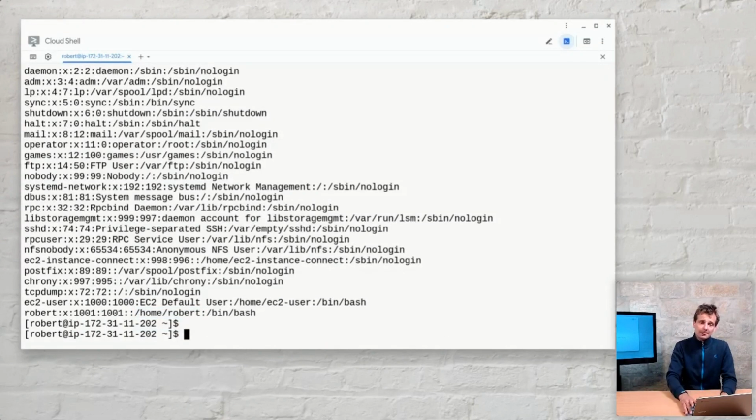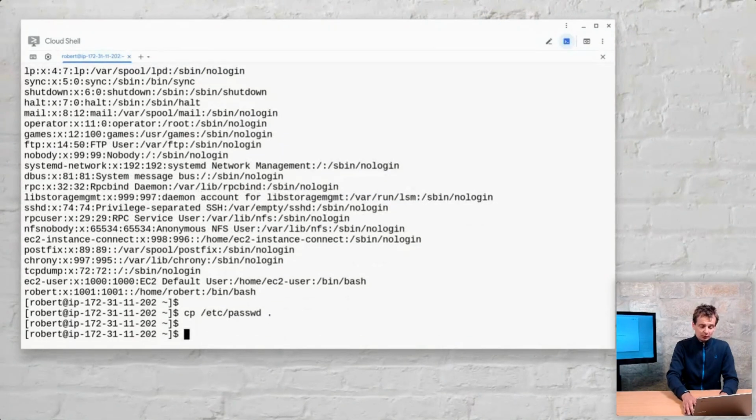The first variant is the straightforward one. We read in all the lines, we split the lines, and after that we print out these 2 variables. To avoid working directly with etc passwd, let's create a copy of etc passwd within the current directory. And now let's start with the first script,